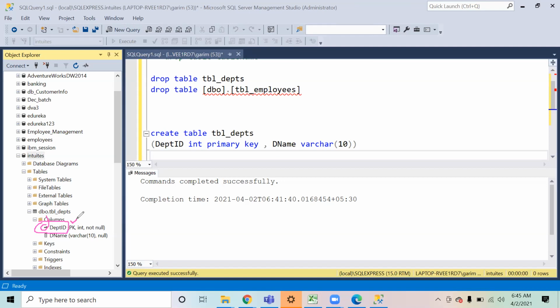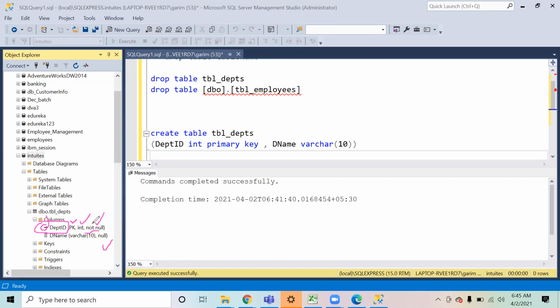PK means primary key, right? Then the data type is written, and then it's written not null. Remember, this is something that we discussed yesterday. In department ID, it is coming not null, but in department name, it is coming null.